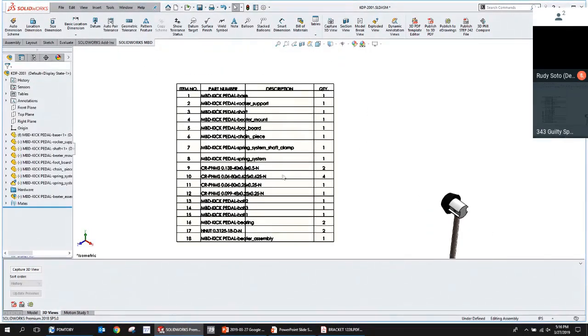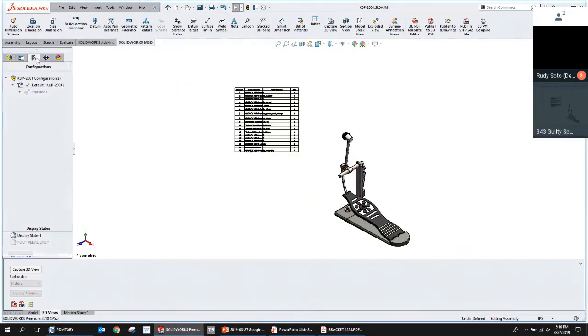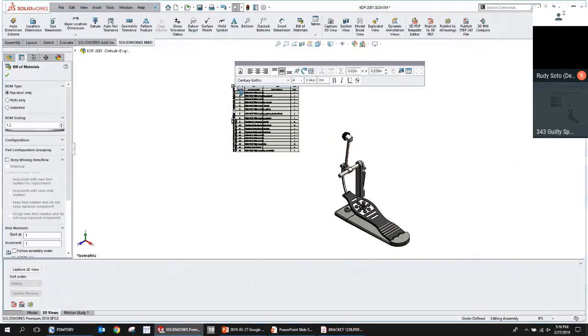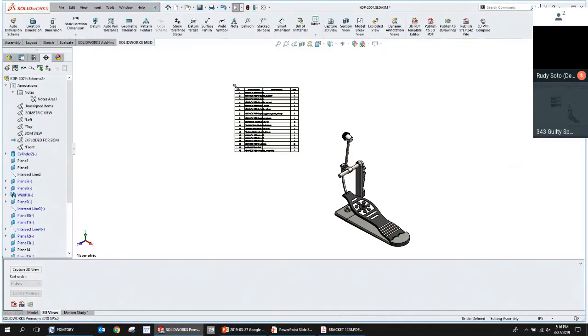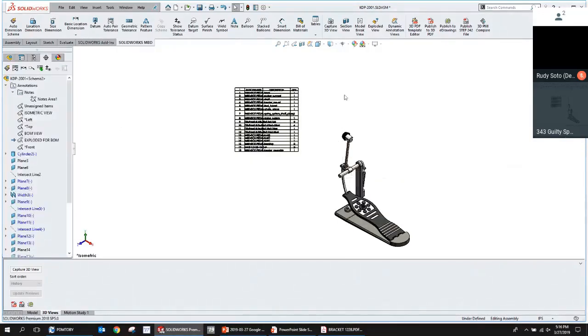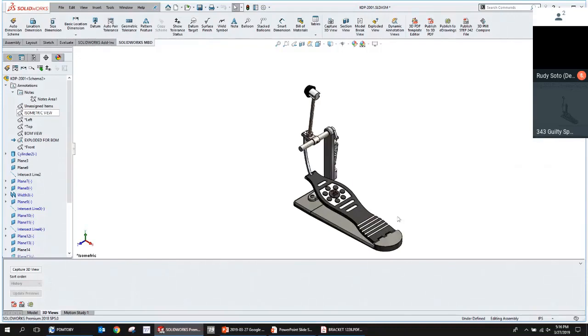Okay, and then we're going to notice here that the description column is empty for this bill of materials. And we're going to take that bill of materials and make sure that it gets assigned to the notes area of our annotation views. So we're going to come in here, take this bill of materials, and say that we want it to go to the annotation view notes area. And what that does is it makes it really easy for us to hide that bill of materials when we don't want to see it. Okay, so now we've got some views that we're ready to work with.